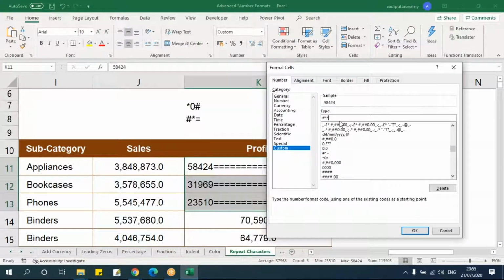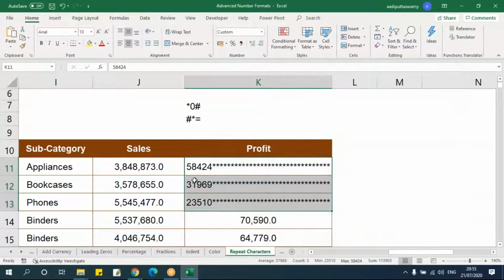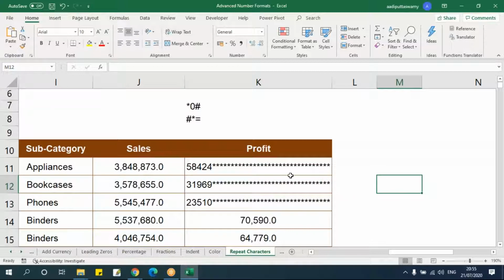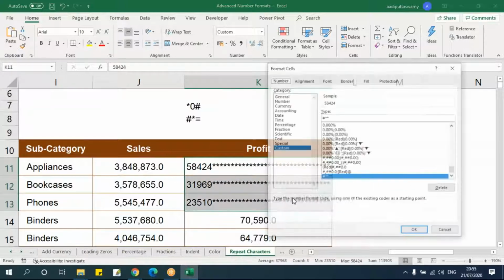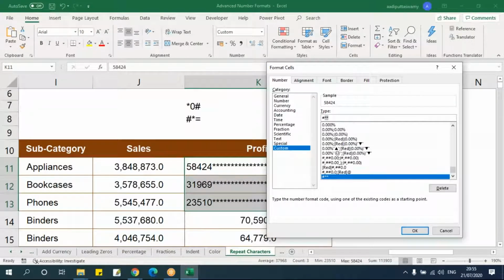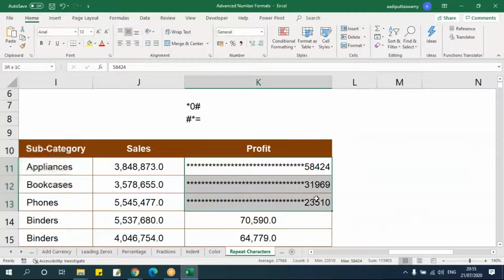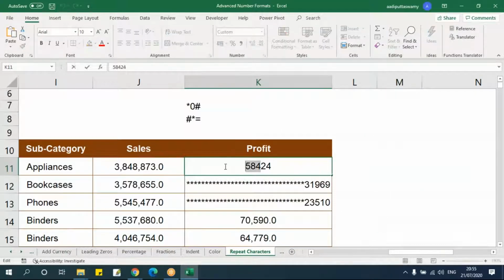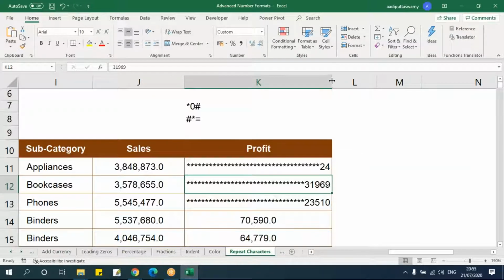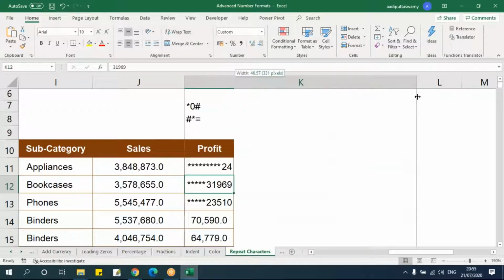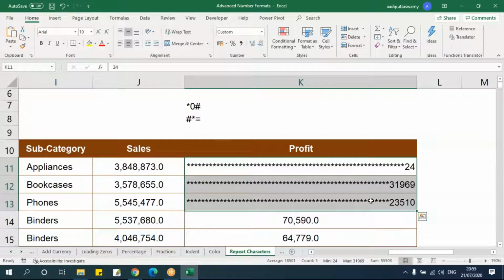I'll put star and star. Say okay. See, this will fill with star. Same thing if you want to do it at the beginning. Let's put it in the beginning and say okay. See, like this. Let me make it something like this. See, reduce it, expand it like this. So you can fill the cells like this as well.